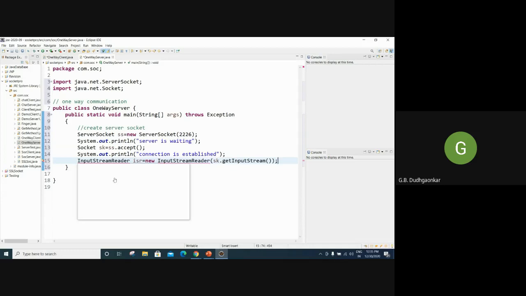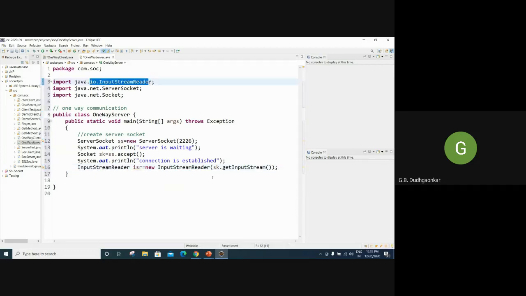Now again, this is input IO, so I have to import the IO package. See here, this is just the object of this InputStreamReader, because I have to now read the input coming from the client, and that return value will be stored in this object of InputStreamReader. Then I can use BufferedReader.